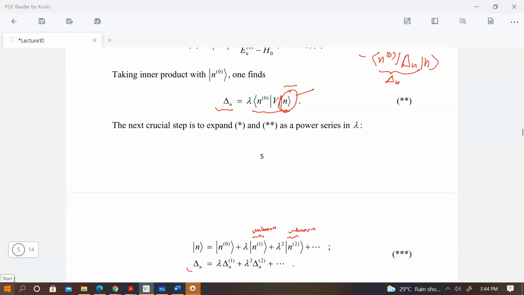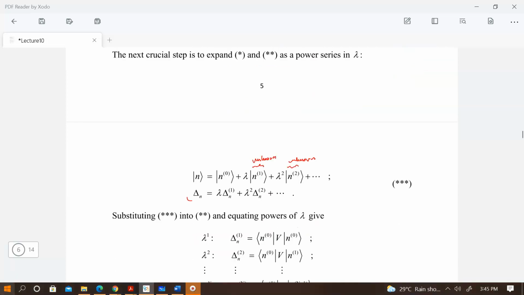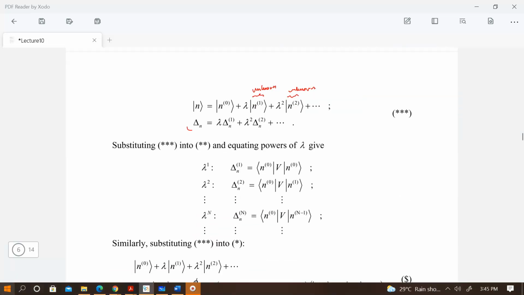So you're going to get a power series in lambda on both sides of the equation. And you'll be able to equate powers. Okay. So the first order power of lambda here will give you delta n1 on the left hand side. Okay. And then your right hand side will be given by essentially,